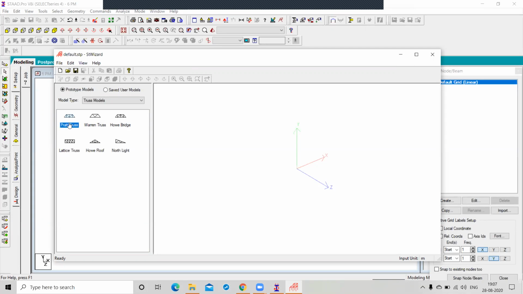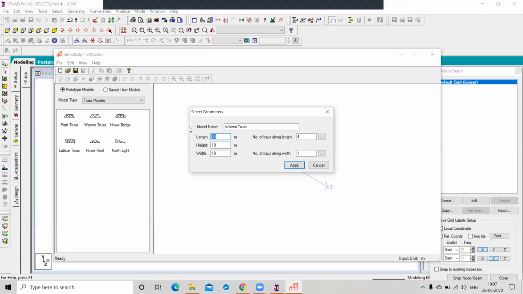I am selecting this Warren truss, or you can double click here, and these are your parameters. We are defining here the length, height, and width of this truss. So you can change them.